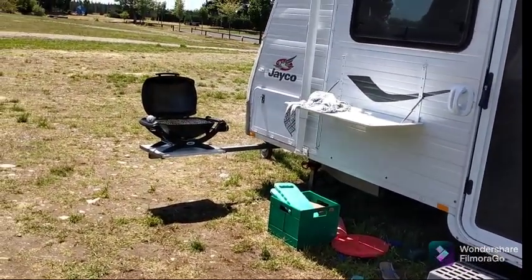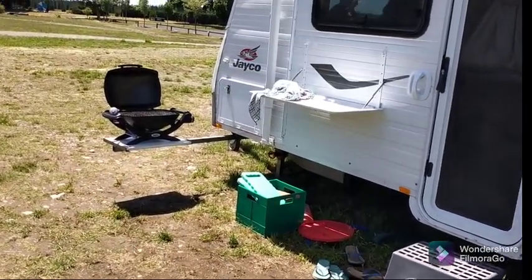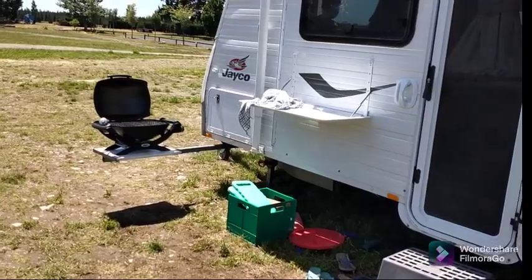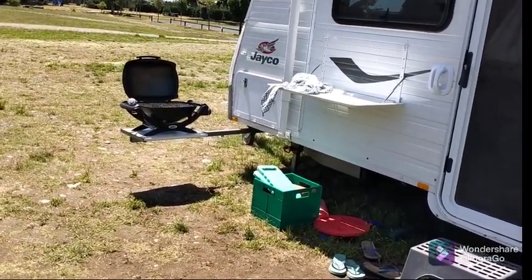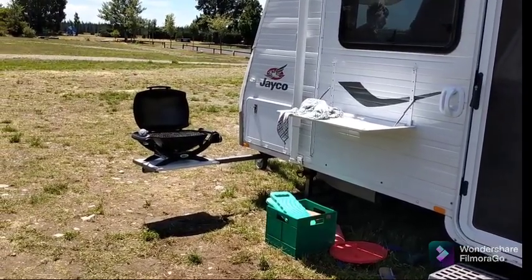It wouldn't be hard to do. It's lucky that we've got a metal framework under the caravan that it can be put into, but maybe not everyone's caravan would be like that. But if you've got a similar sort of setup, you could probably